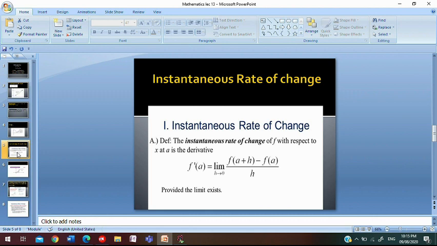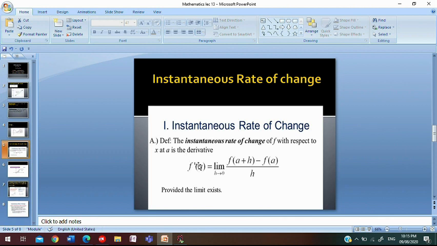And what is the definition of this instantaneous rate of change? The instantaneous rate of change of f with respect to x at a, that is any point, is the derivative. Derivative is a term which we use when we calculate the change of one variable with respect to another variable. I will explain it further when we start this chapter. Furthermore,